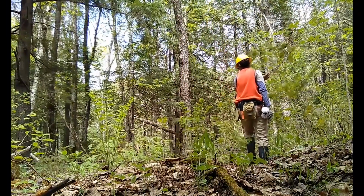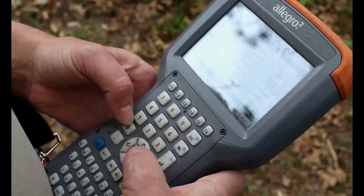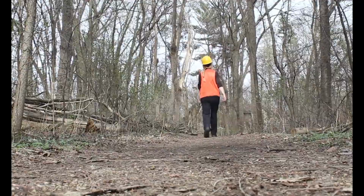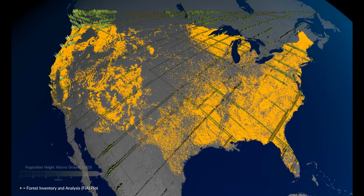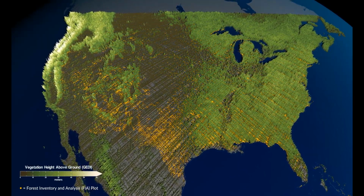We have data that's been measured on the ground that tells us a tremendous amount about what's out there, but a ground inventory is necessarily going to have gaps in it. We can measure one plot for every 6,000 acres of forest. What remote sensing data does is it really allows us to fill in those spatial gaps, but also the temporal